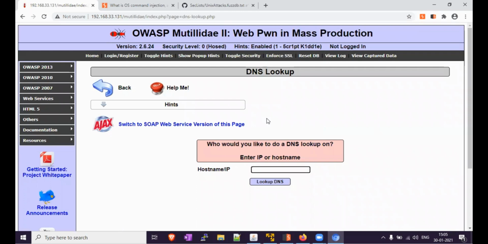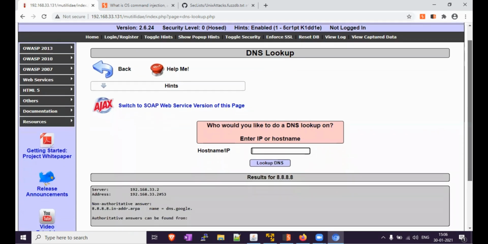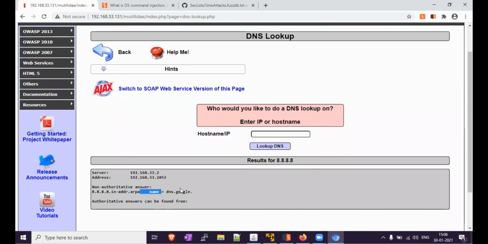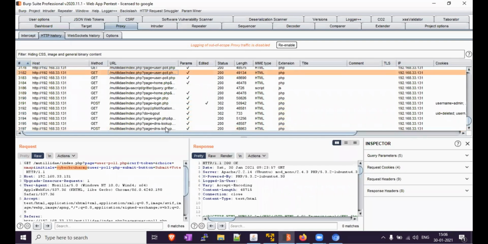So here, for example, we are just entering a lookup IP, for example 8.8.8.8, lookup DNS. Okay, so the request name is DNS Google or something like that, and you can check out the HTTP history and DNS lookup.